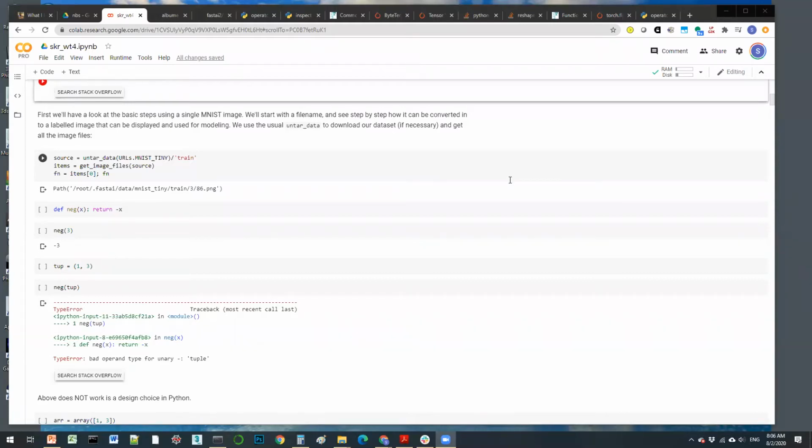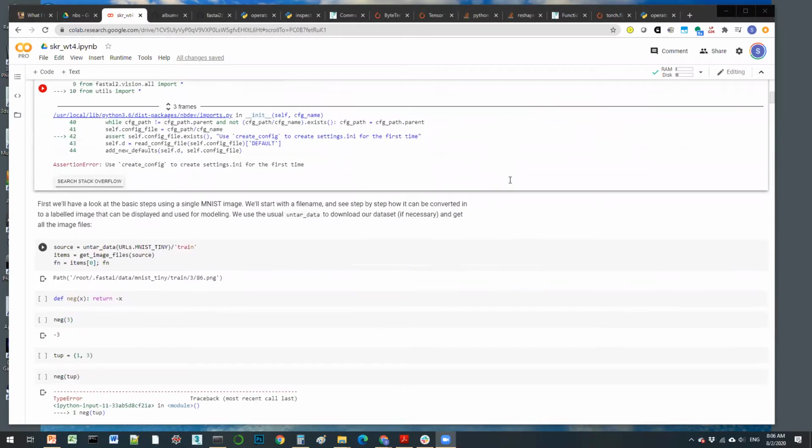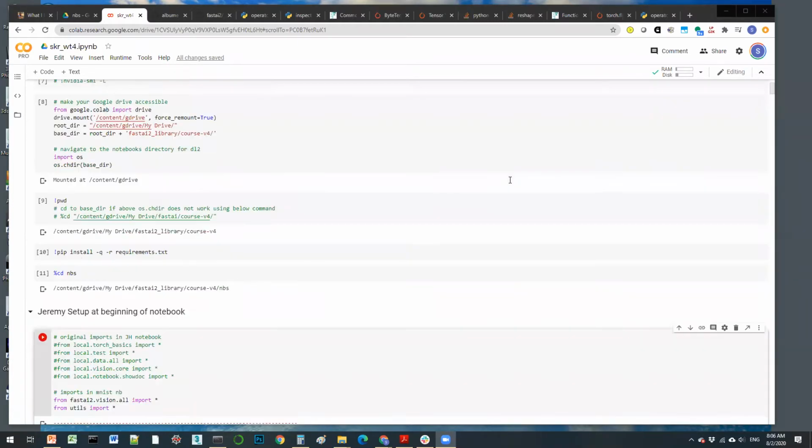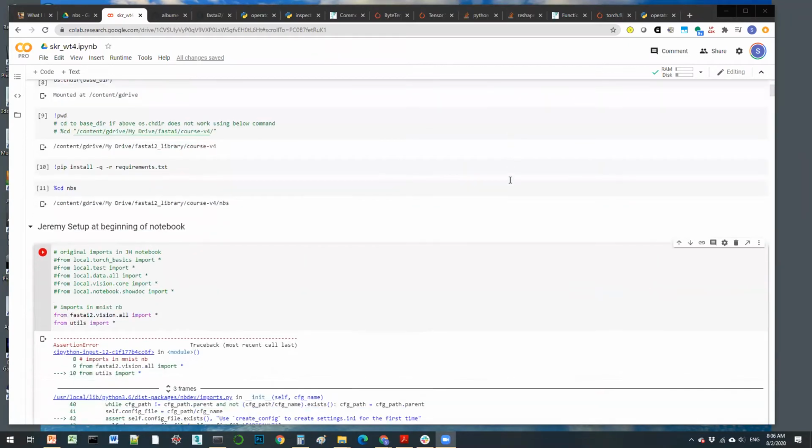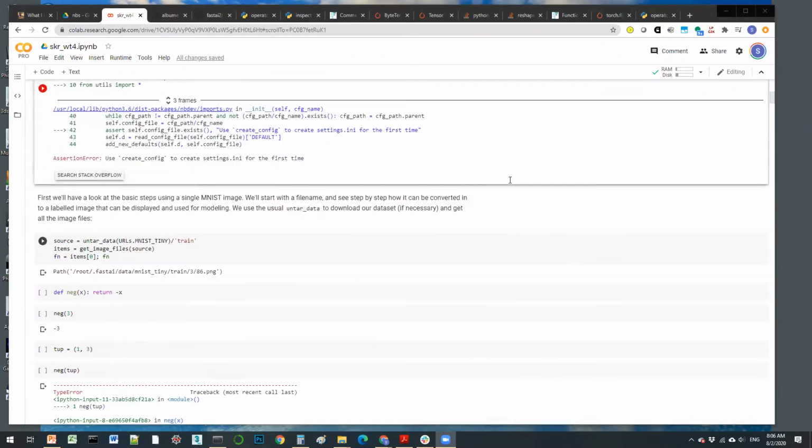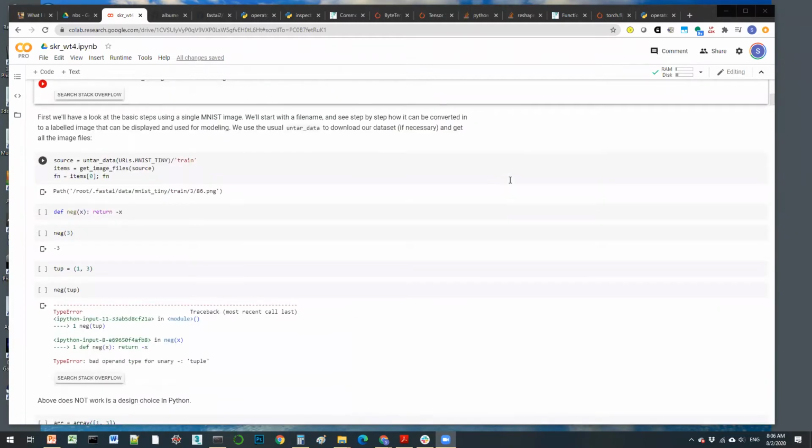Can everyone see the notebook I have open? Yes. Okay, so I ran a few of the pieces early on. It gives me an error, which I'll fix later. It's not material to what we need to look at here. I think Jeremy started moving things around again in the